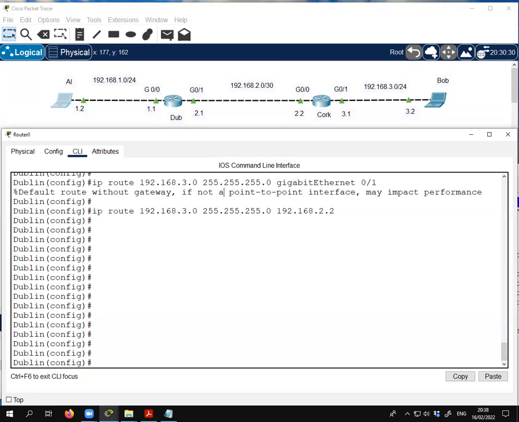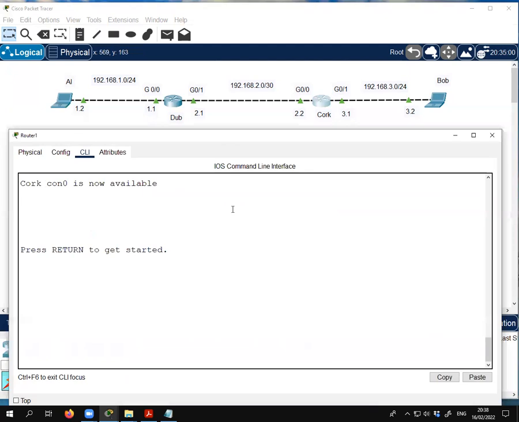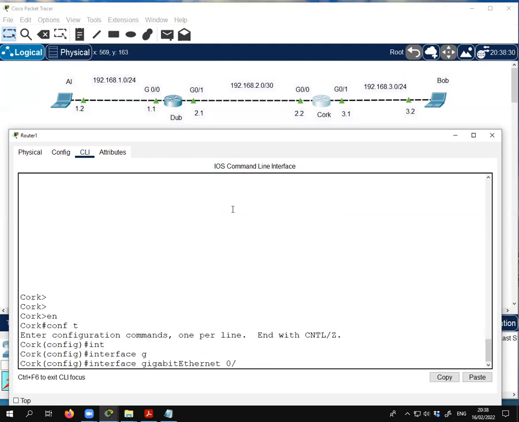Okay, are we getting on with that, guys? We're going to Cork. I'll set it up. So go to Cork and enable. Oh, actually, no. What we're going to do is start up the static route. So IP route. We need to tell Cork about 1.0. Hey Cork, in order to get to 192.168.1.0 with a subnet mask of 255.255.255.0, go via the next hop IP address, which is